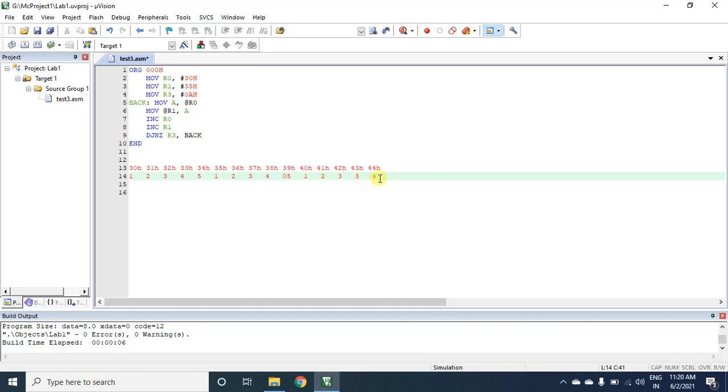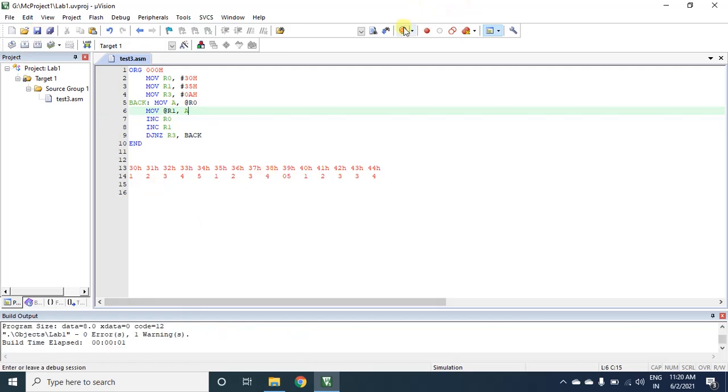This is when you want to transfer a block of 10 data bytes. That is 0A, so that's why I have taken 0A as the counter, because I'm trying to move 10 bytes of data, and we will execute it. The same thing will happen. So let us execute.